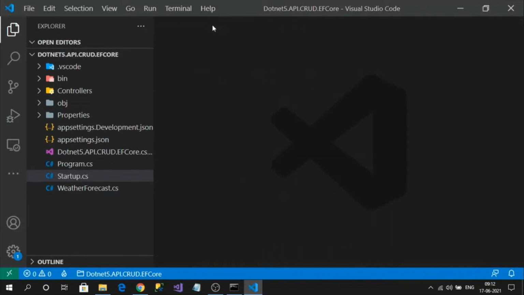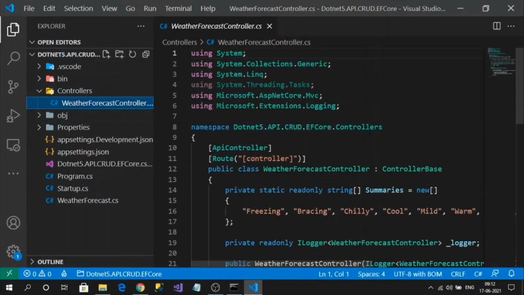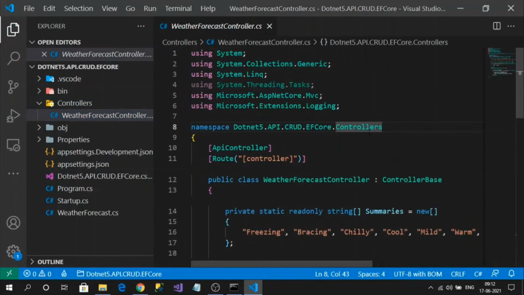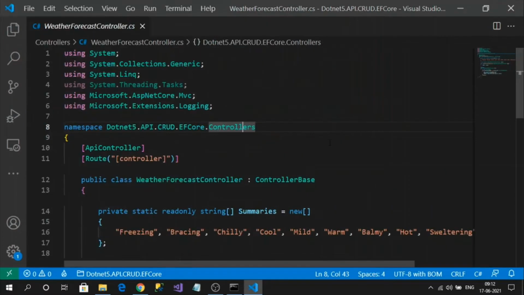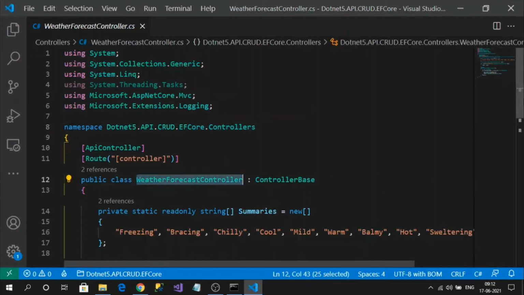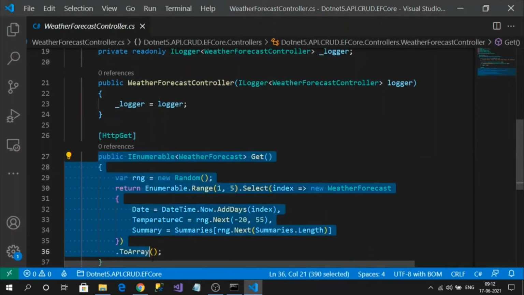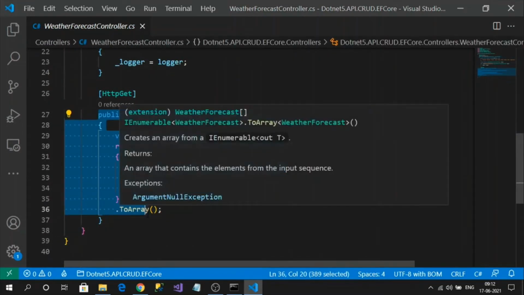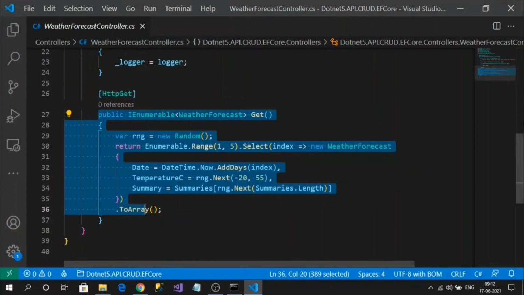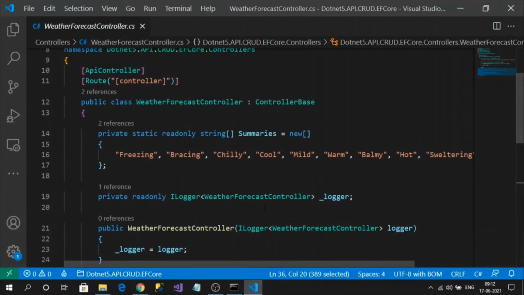Web API, I have mentioned, right? Web API is a class that contains a set of methods. In Web API terminology, that class is called a controller. The methods in the class are called actions. Per request, one action will be executed. This is the default controller that is bundled in the API template when we create our project. So let's start our application and check the output, what it will show at first glance.